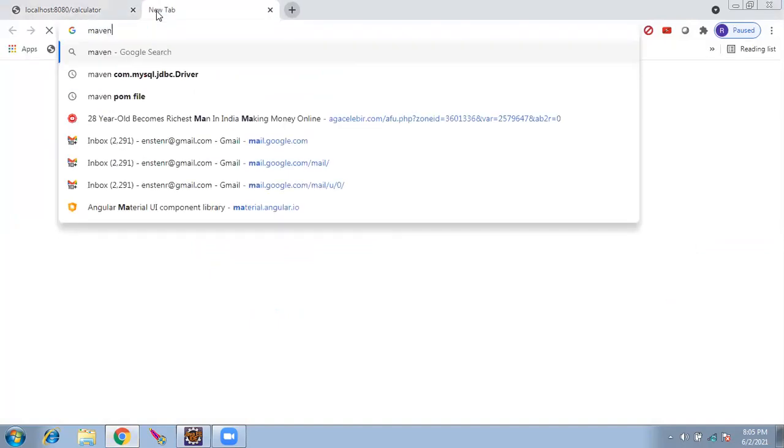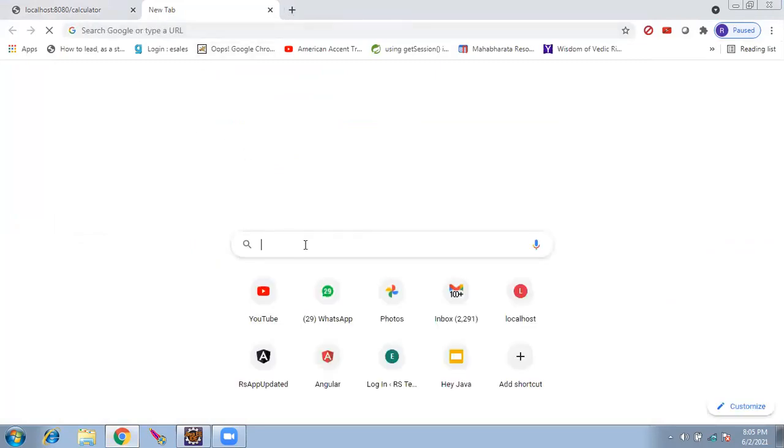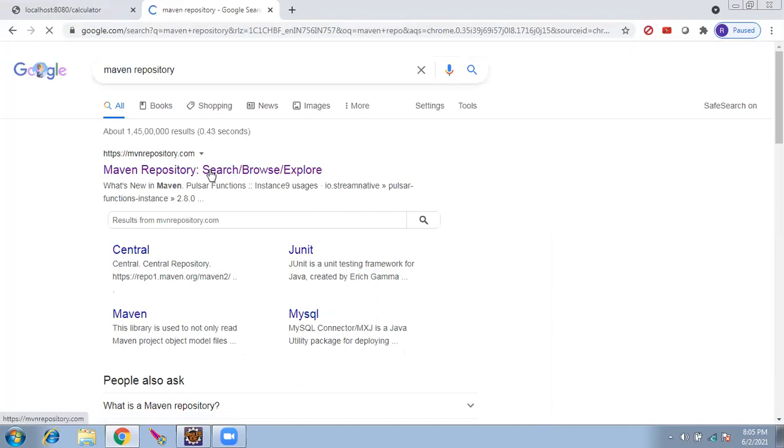So you have to go to Maven repository. Search for Maven repository. This is a complete repository of all the jar files which are needed for Java.